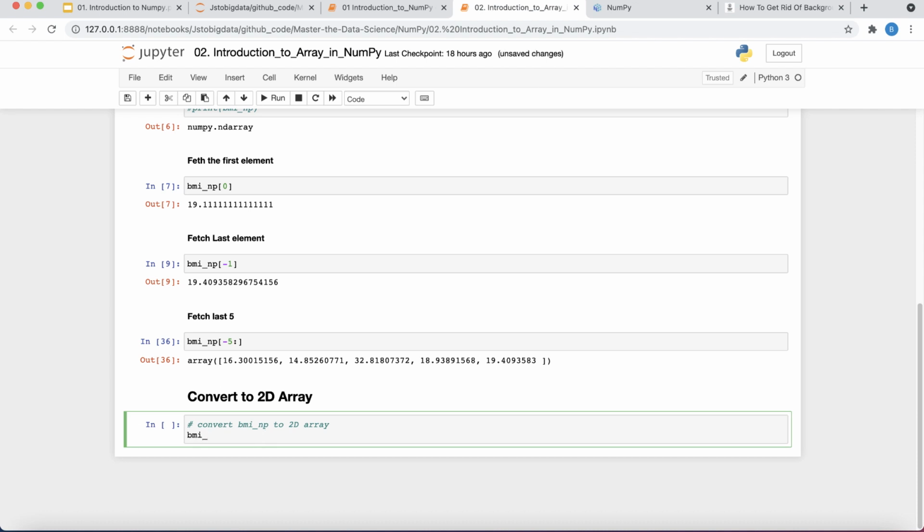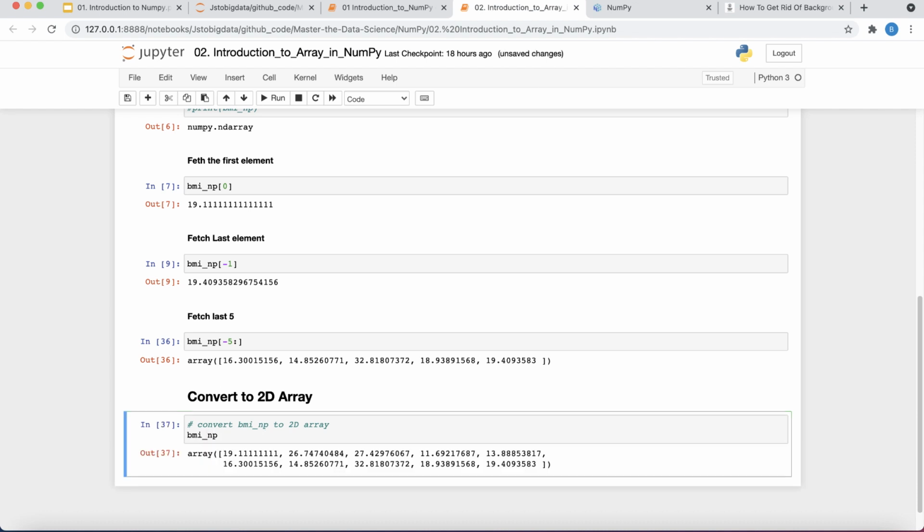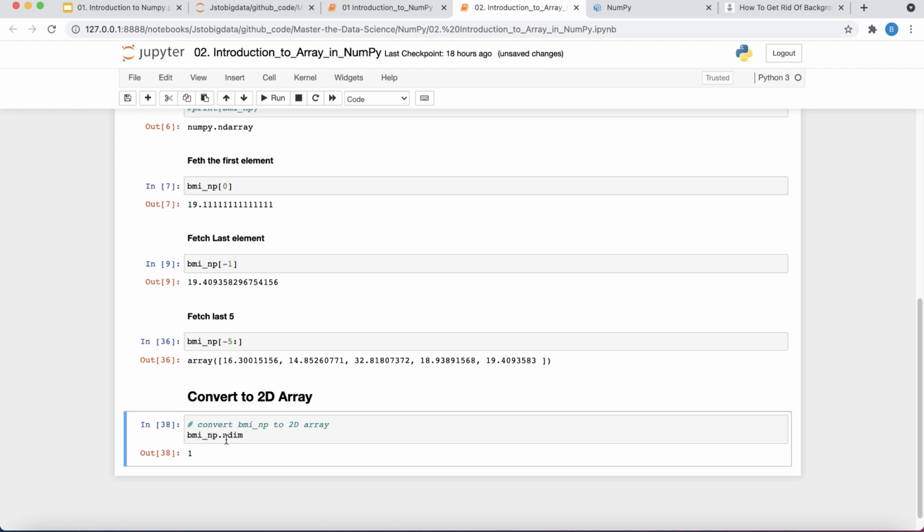Alright, I also want to show you something very quickly, and we are going to use this more in the later part of the video, but for now let's just focus on this. You see BMI NP, if I just print it, it just comes as a one dimensional array, right? So how can you check? You can just type ndim. This will give you the dimensions of this array. And let's say I want to change this to a two-dimensional array.